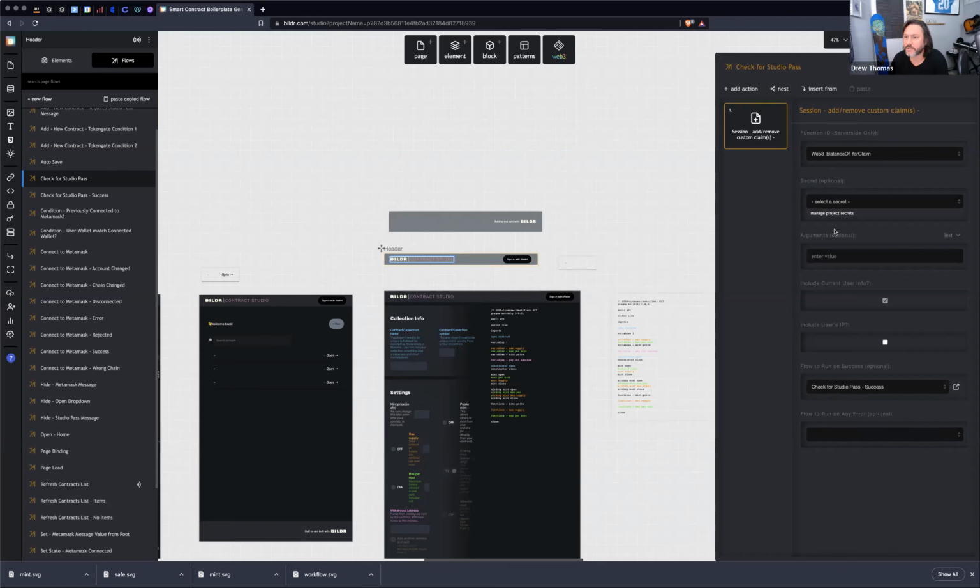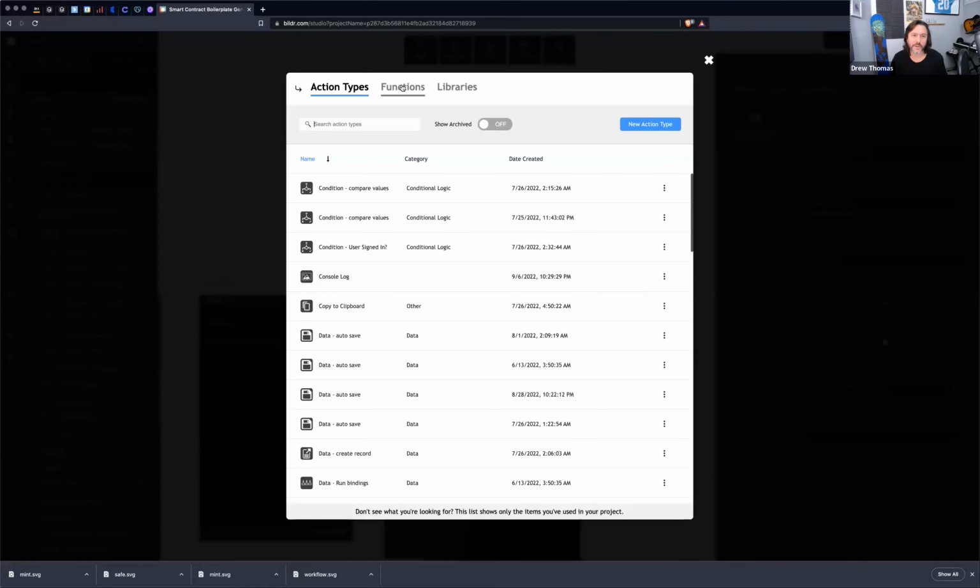I'm not passing a secret or arguments, but I do have the current user info checked because their login ID, instead of an email, is their wallet. That's all I need. So that's all I have. But I could just put their wallet in here if I wanted as an argument. But anyway, it uses a serverless function that I wrote called Web3 balance of for claim. And if I looked at that function,